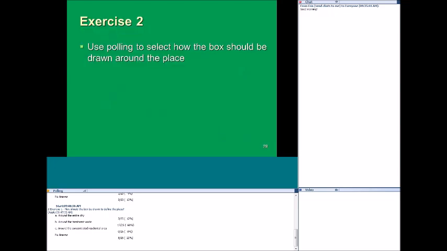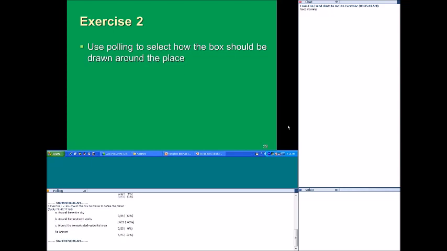So, again, we'll use the polling feature. Let's open that up. To select your answer on how we should be drawing the box, or in this case, the boxes.